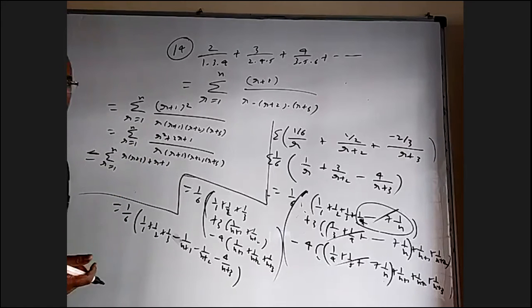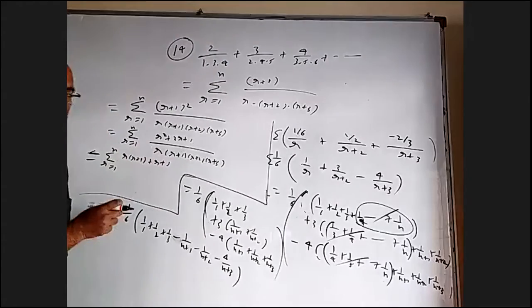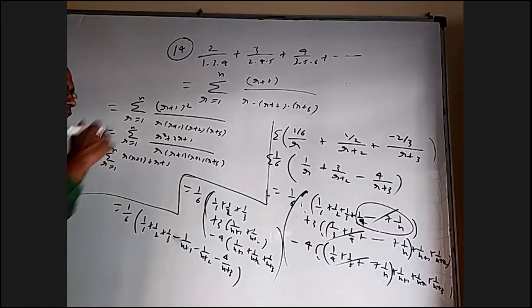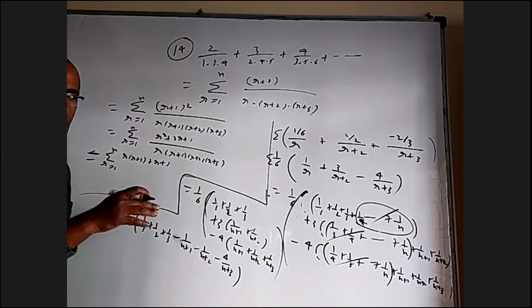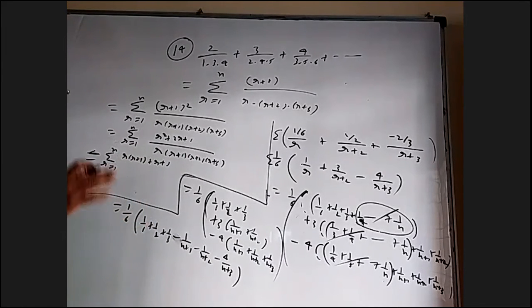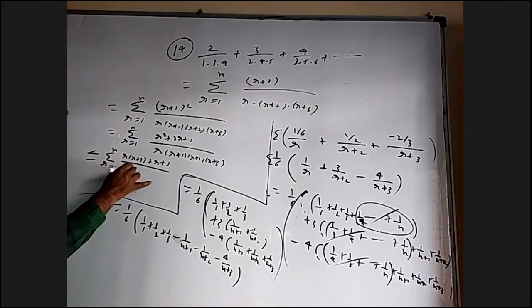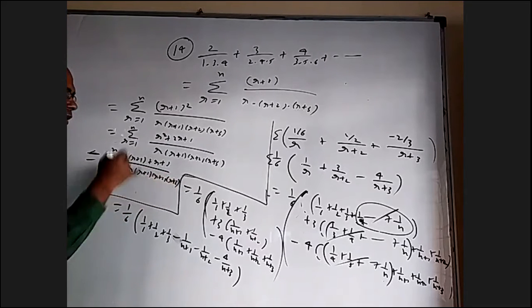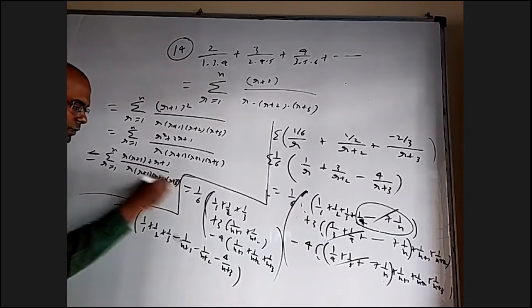So there is no strict rule that you have to cancel out these two only. You can cancel first and last. But the main point is, after cancelling, nothing should be in the numerator about r. In the denominator, you should have consecutive things, whether a product of 2 things or 3 things or 4 things. So when I write like this, r into r plus 1 into r plus 2 into r plus 3, and split it, let us see what happens.